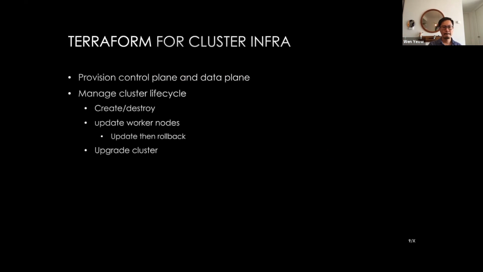Right. I'm not going to spend too much time on this, but essentially we use Terraform to provision the cluster infrastructure, and that would be the control plane and the data plane. Most importantly, right from the start, we wrote down what are the lifecycle events that we want to handle. These are the main lifecycle events. We want to be able to create a cluster, destroy a cluster, and update an existing cluster, specifically update worker nodes